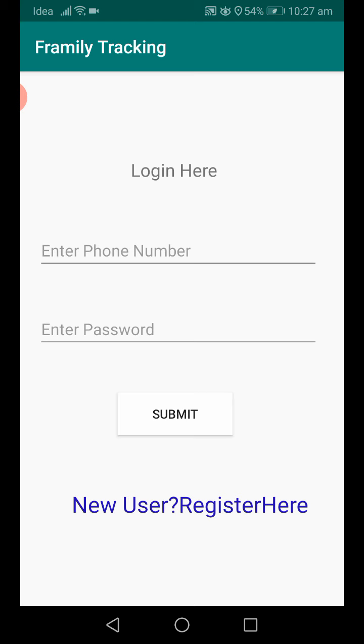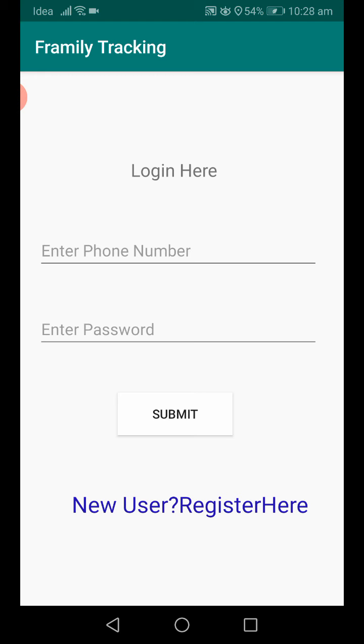By using all these service APIs, we are creating this application. For this application we are using the database called Firebase. So this is the global database. All the information of this application will be stored in the Firebase database only. Now we'll come to the application's front end view.